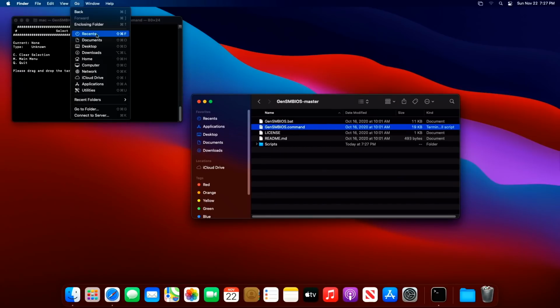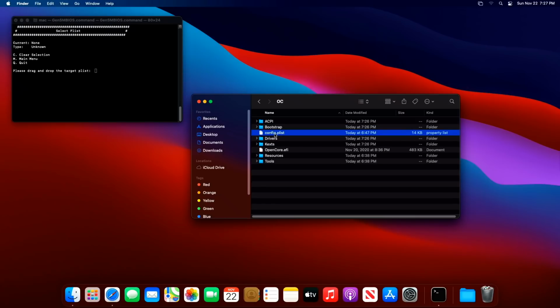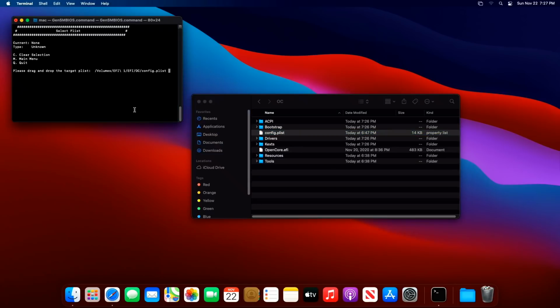So we'll go over here to computer, and we'll go to the EFI partition, the EFI folder, OC, and then just highlight and drag the config.plist over to here and hit enter,